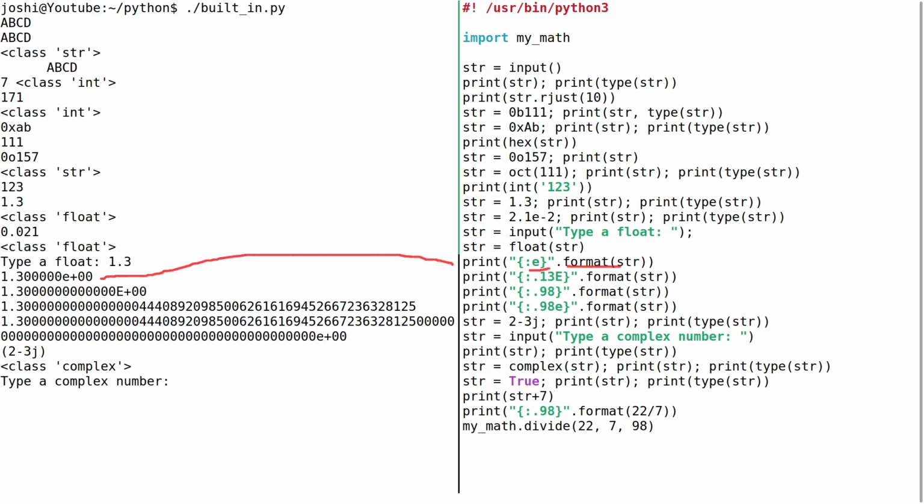So if you recall, by default the floating point numbers in single precision, it prints 6 digits after decimal point. So it has done so. Now it is printing lowercase e here. Okay. Now in the next line, it is